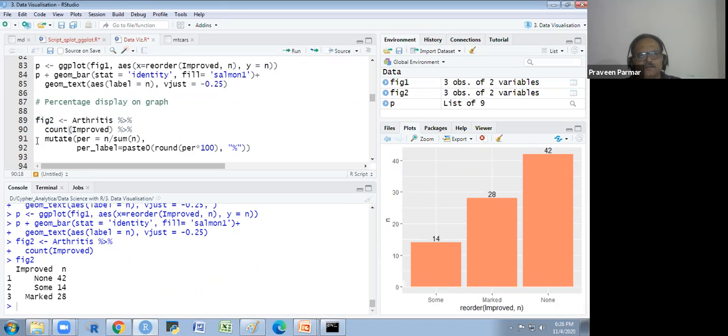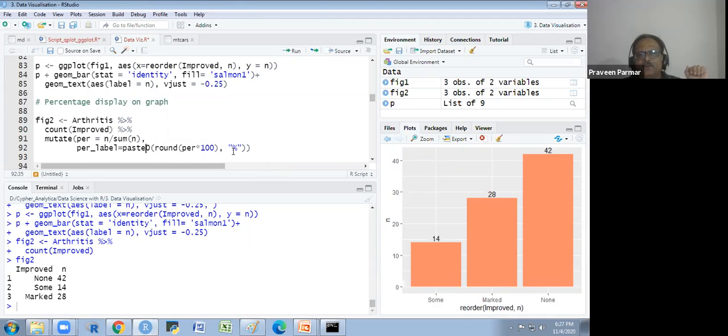And if I run the mutate per n, sum of n, and then another, the per underscore level, paste 0. Paste 0 is a function, we have already read it. Round is for after 2 decimal places, how many digits I require. So I don't require any digits, so I have not mentioned any 1, 2 there.